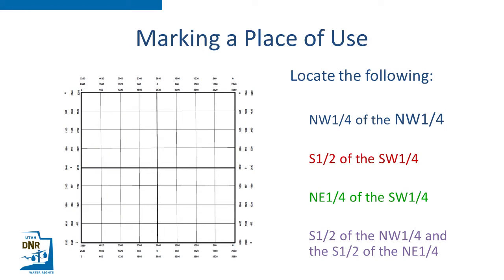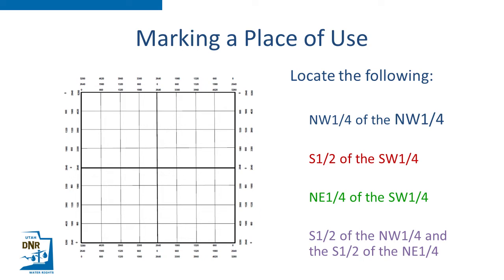Marking a place of use is very similar to marking a point of diversion, except it is for an area rather than a single point. Let's do some practice runs on this also. The first example here is pretty straightforward. As mentioned earlier, the 4 quarters of a section can be divided into 4 quarters as well. So if we divide the northwest quarter of this section into 4 quarters, we can then mark the northwest quarter